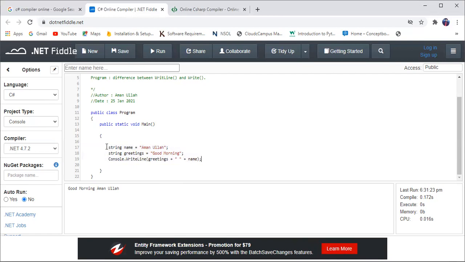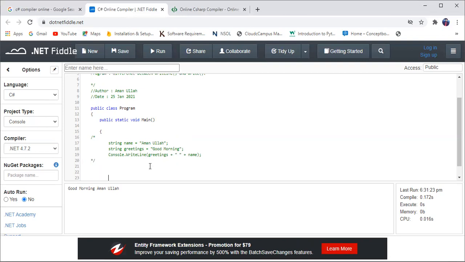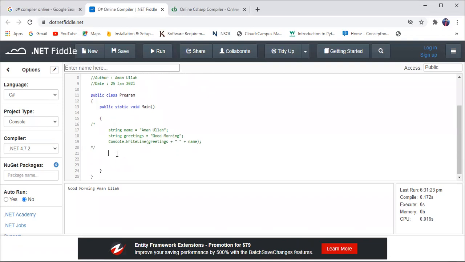How you can concatenate two strings with each other. Now how you can take input from the user. So I'm just commenting these lines with the help of multi-line comments. You know that for multi-line comments, forward slash and then star, and at the end you use star and then forward slash. So this is now comments. Now let's give a space right from here and from here. After this, I will write a program to take input from the user.